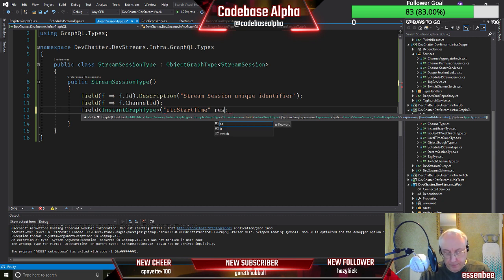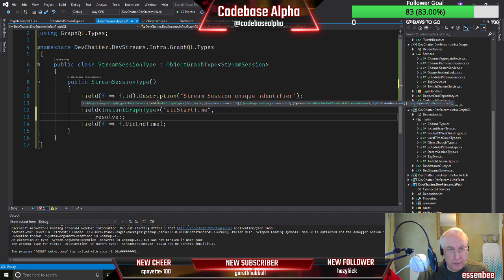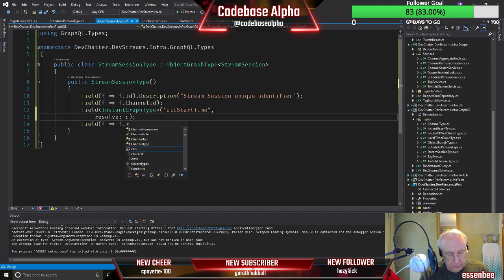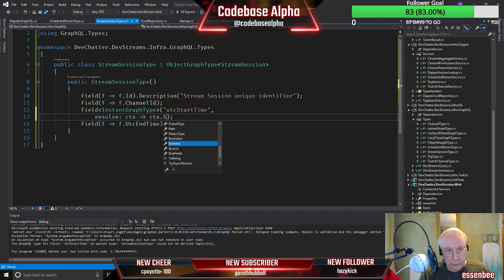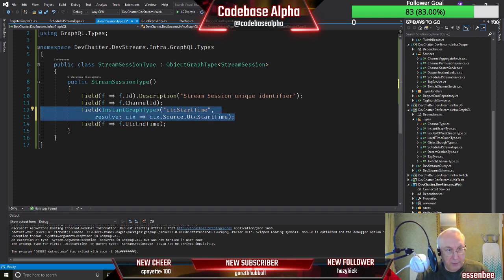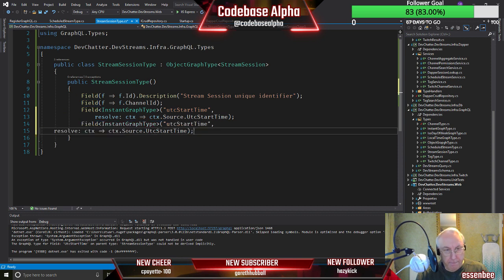And we need to have a resolver, and that's going to be ctx.source.UTCStartTime, and it's going to be the same kind of thing for end time.